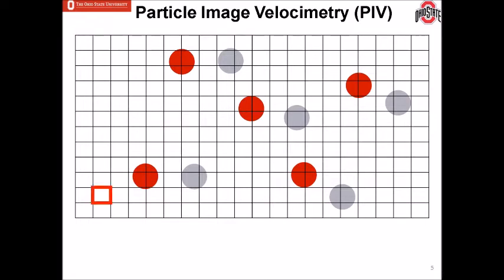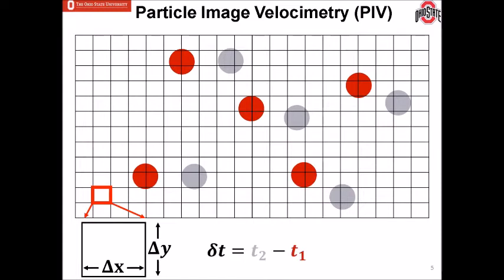Taking a single pixel, the pixel size can be calibrated to calculate its physical size in both x and y. By using cross correlations between the two snapshots, a correlation peak can be calculated to determine the displacement of a group of particles. Knowing the time between the two snapshots, along with the displacement, the velocity can be calculated from the particle field. Thus, for synthetic PIV, we need 2 components: a velocity field and particles propagated throughout to